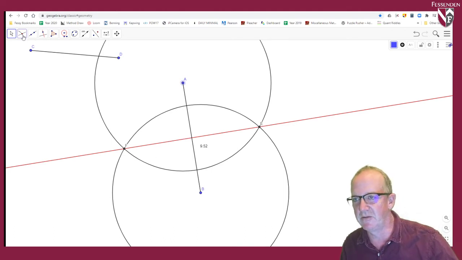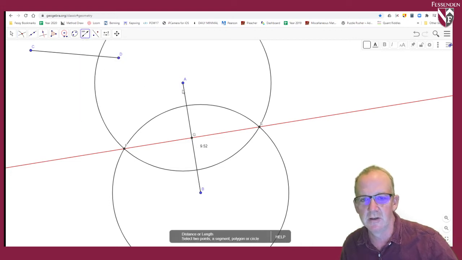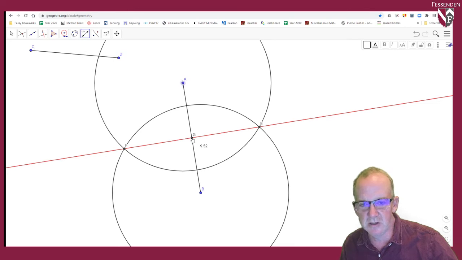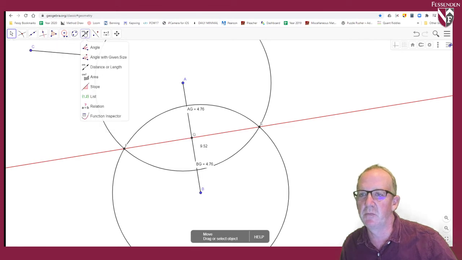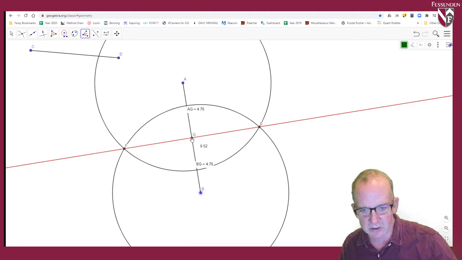And it identifies, let's find the intersection now, the midpoint of segment AB, and it uses a G here. Let's find the length here. It should tell us that AG is half and BG is half, and so this is the bisecting segment. And it's actually a perpendicular bisector, and so we can see that perpendicular, meaning 90 degrees, that it does meet